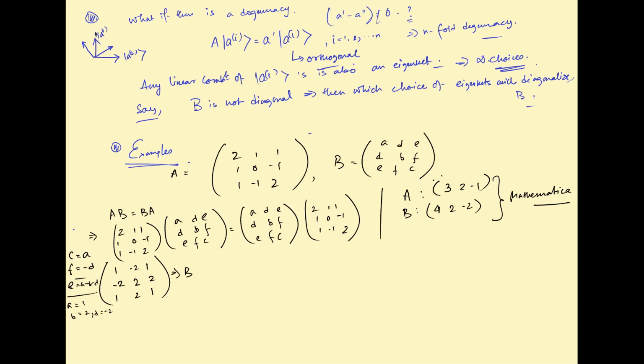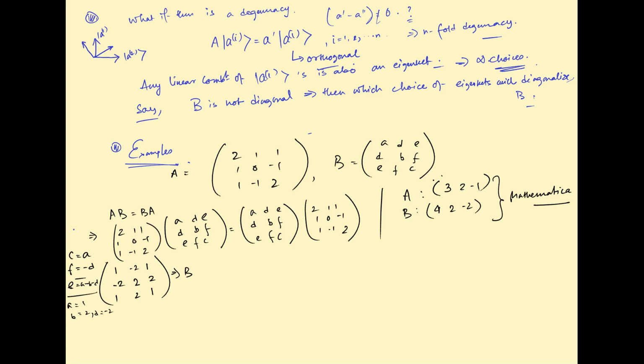Now if they are degenerate, then a linear combination of them, let us say I take one linear combination which is this, and another linear combination which is this, mutually orthogonal, this is also an eigenstate. It is not hard to see at all, because if you just consider an arbitrary combination, let us say C1 A1 plus C2 A2, and apply this thing, this equation will still hold. For any arbitrary linear combinations, there are infinite choices of rotating this basis, and it will still be an eigenbasis.